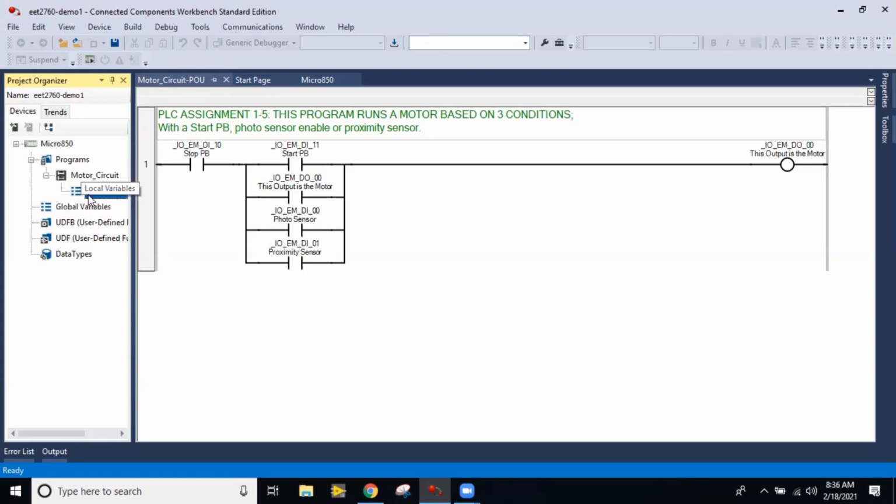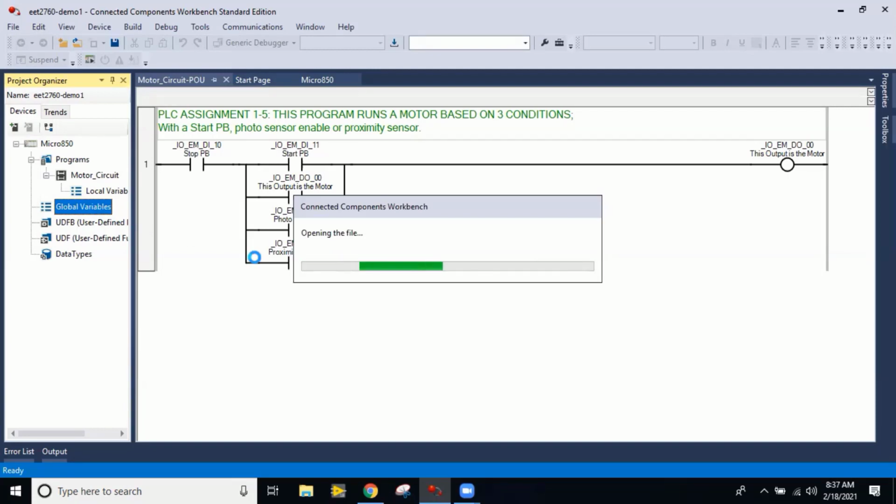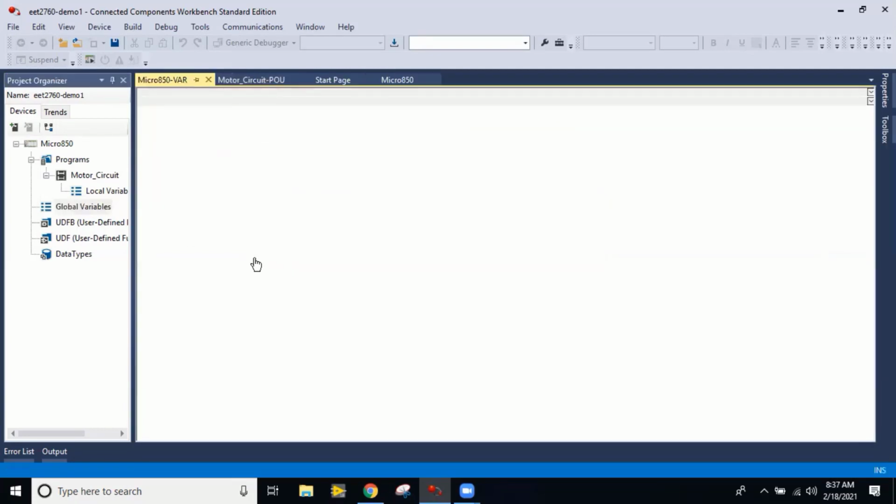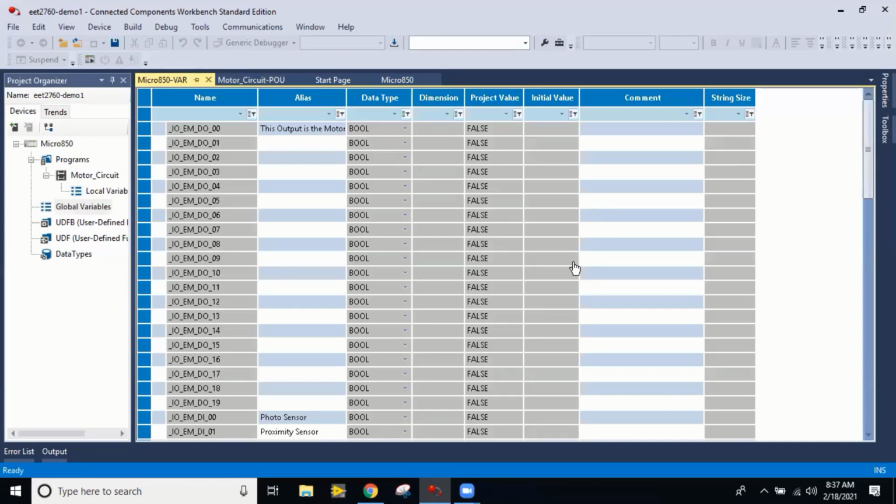All right, so local are variables you can determine or declare for your project you're working on, whereas global variables are variables you can build that eventually can export to other projects, right? That's the fundamental difference between the two of those, right? And so if you open up global variables, like I'm trying here, it'll bring up the screen of everything you could possibly address